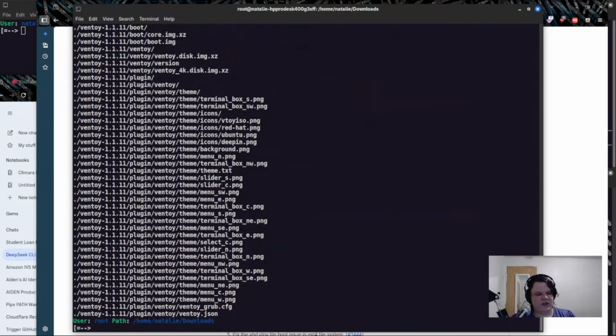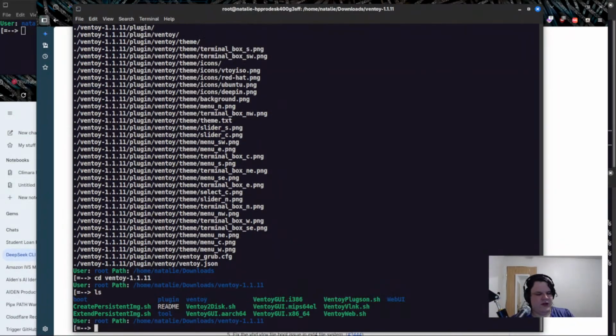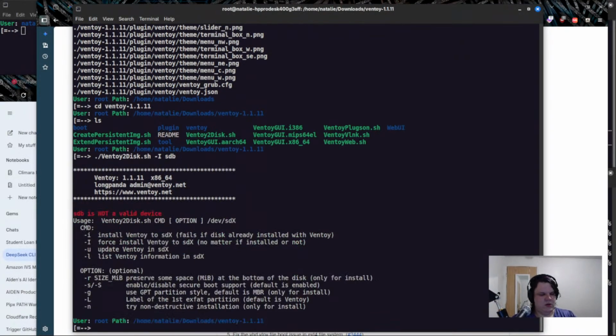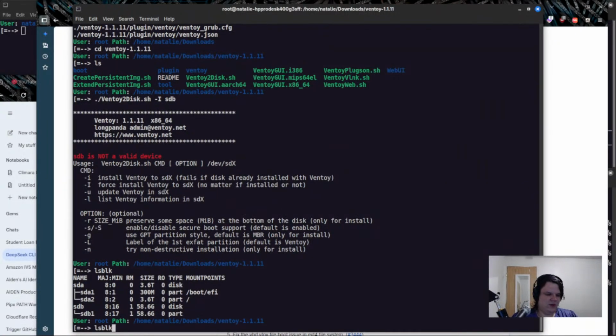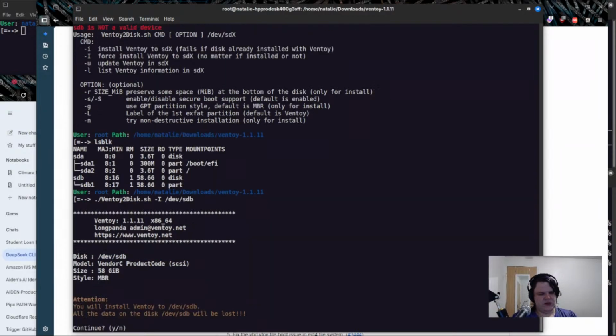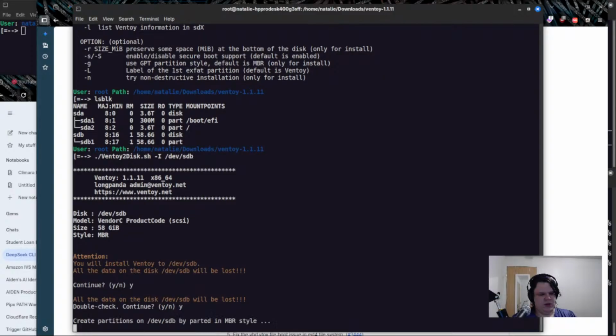I know it's a gunzip file, but this utility has a capability. So what we'll do is begin the Ventoy2Disk, dash I, sdb. sdb is not a valid device. Let me see. Okay, they did change this to text. Just like that. And that's totally fine.